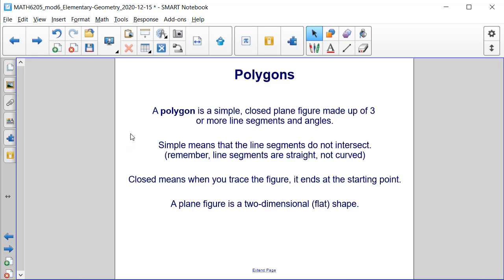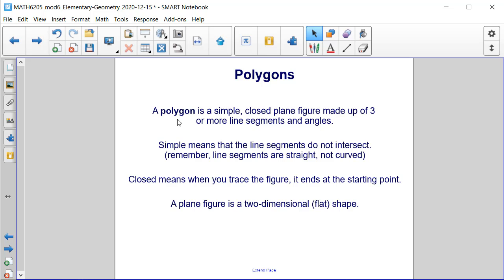A polygon is a simple closed plane figure made up of 3 or more line segments and angles. The beginning of the word poly actually originates from the Greek word bola, which means many, so that's why it starts with poly, means many, and then gon originates from the Greek word gonia, which means angle. So literally polygon translates directly into many angles